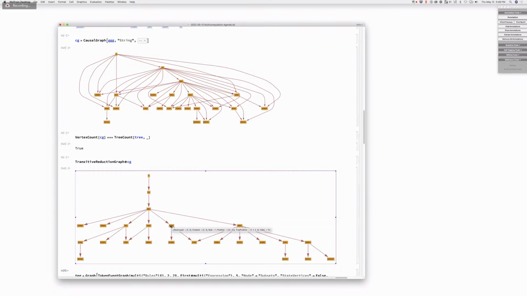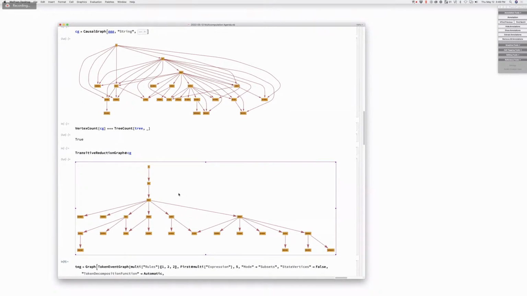I remember, Nick, you didn't include it in this notebook, but you were showing me an example of a notebook where there was greater causal invariance under the existing approach to making these causal graphs than the approach you're just taking, showing the existing multiway system thing. As you can see in this example, it's quite ramified, which means if you take this approach, obviously there's going to be much less causal invariance. And so if we adopt this for multicomputation, there are some theoretical implications for making that choice. Not causal invariance, just the amount of causal connections is going to drop, just because you disconnect all the branchial events.